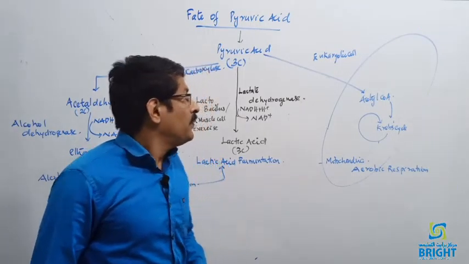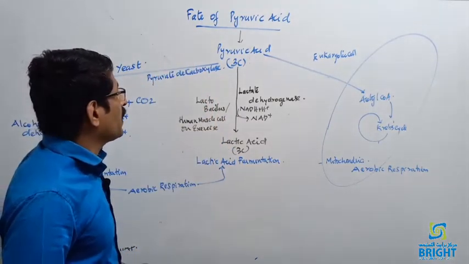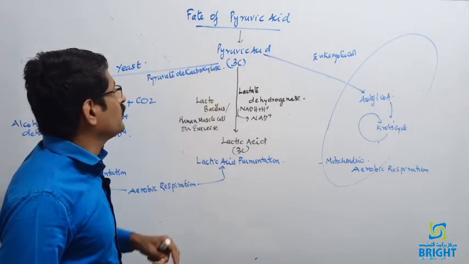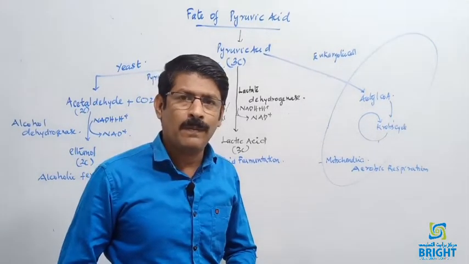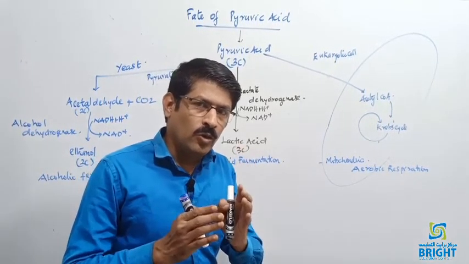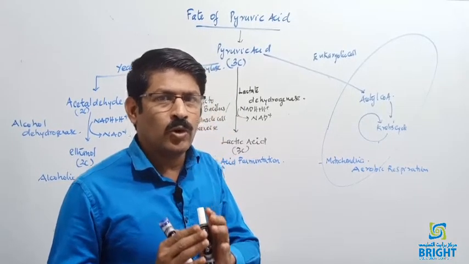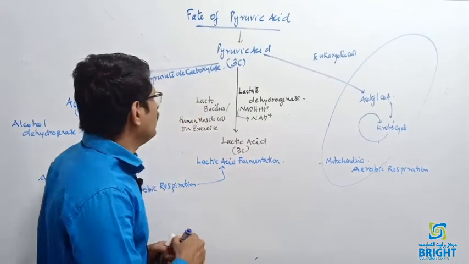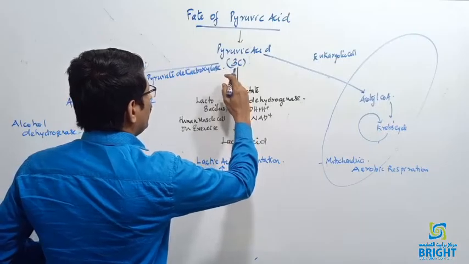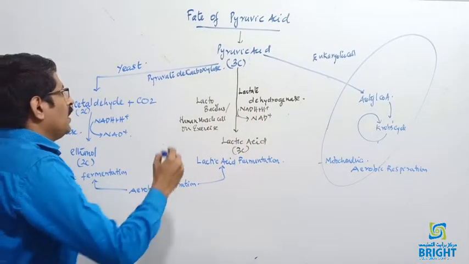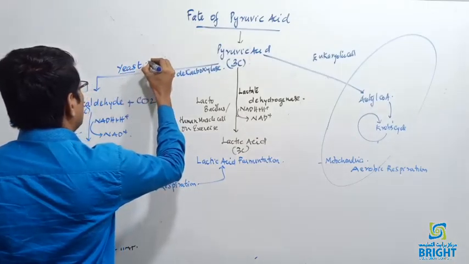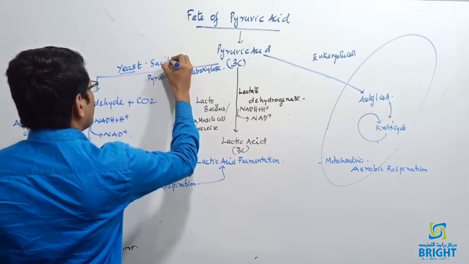So as a result of glycolysis, that produced 2 molecules of pyruvic acid. And what is the fate of pyruvic acid? We know glycolysis is common to both aerobic and anaerobic respiration, and the pyruvic acid will be changed in 3 different ways in different organisms. In yeast-like organisms, that is in Saccharomyces